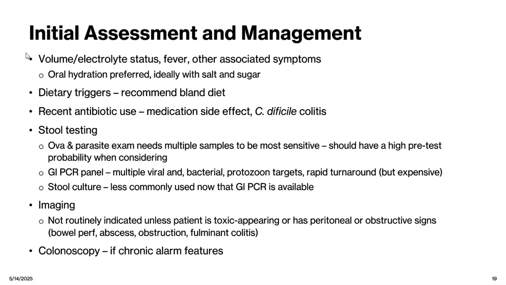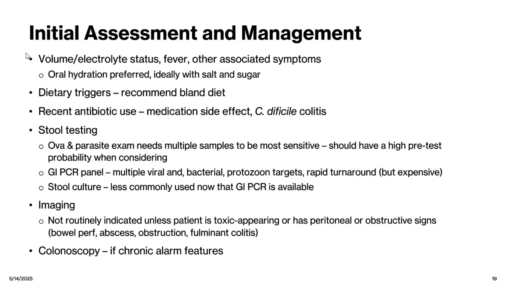C. difficile colitis. Stool testing can be helpful, but the sensitivity of one single stool sample for ova and parasites when you suspect a parasitic infection is fairly low. Multiple samples are often needed to get the highest possible yield, so you should have a high pretest suspicion for a parasite or amoebic infection before ordering. Stool culture used to be the mainstay for diagnosis of diarrhea caused by bacterial causes, but new multiplex GI pathogen PCR panels are now more commonly used due to their high sensitivity, large number of identified target pathogens, and relatively